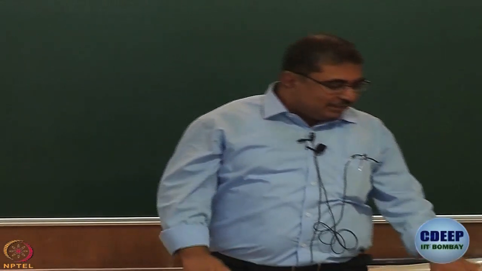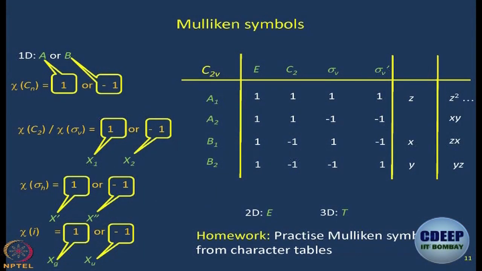other is T2G. Now, look at this thing, T. T is a 3-dimensional representation, right. So, in 3-dimensional representation, if it is symmetric, antisymmetric with respect to sigma V or perpendicular C2, it becomes T2, and if it is symmetric with respect to inversion, then it becomes T2G. So, this EG and T2G, these names that you have learned from maybe class 11 or class 12, they actually come from this symmetry of wave functions. So, in the second part of our discussion today, we are going to talk about symmetries of wave functions as well. Okay. So, this is your homework.